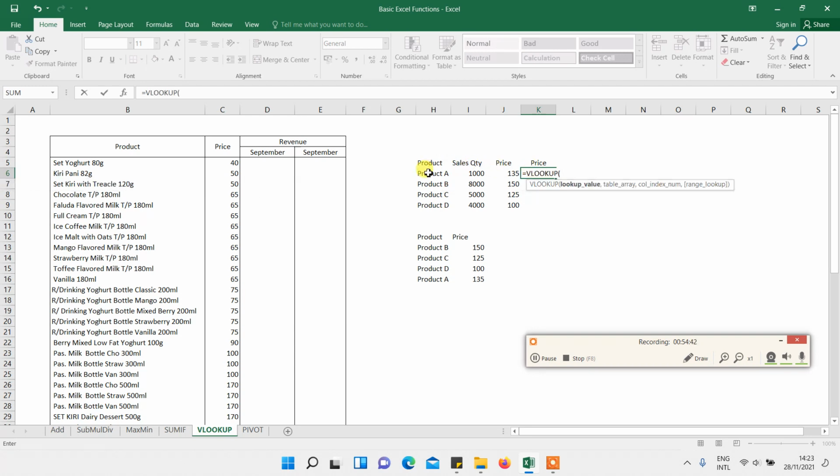Then select the reference cell, the cell that contains the lookup value, insert the comma and select the data set